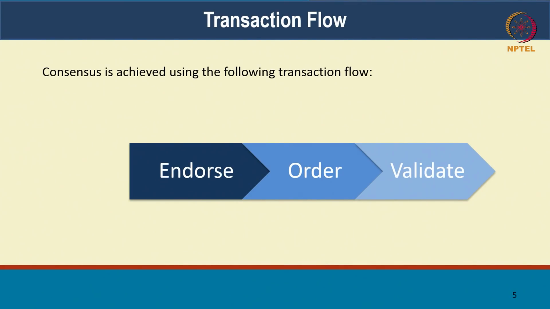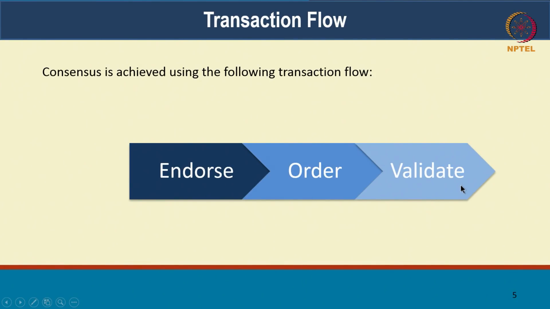Now multiple applications, multiple users, might be submitting these transactions to ordering. And now the ordering service will ensure that all of them are fully and totally ordered across all the nodes. So that's part of the ordering service. You're going to order the transactions. And once you've determined the order of all the transactions, then there is a notion of validation.